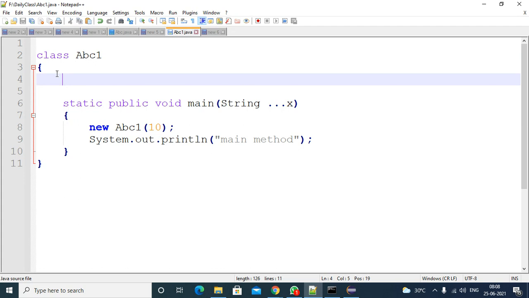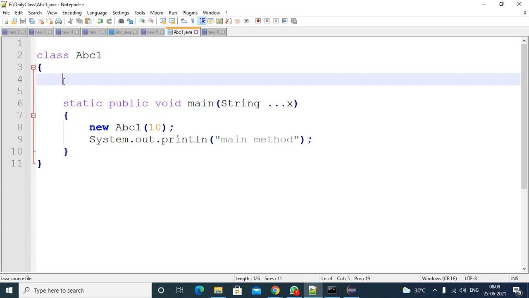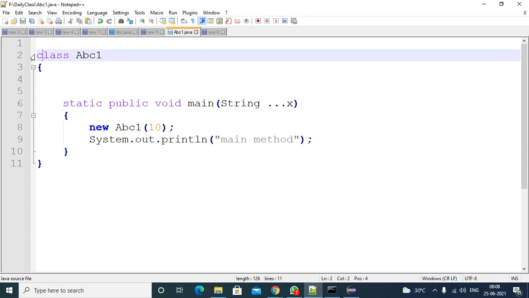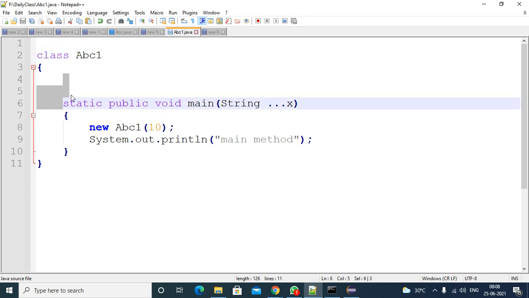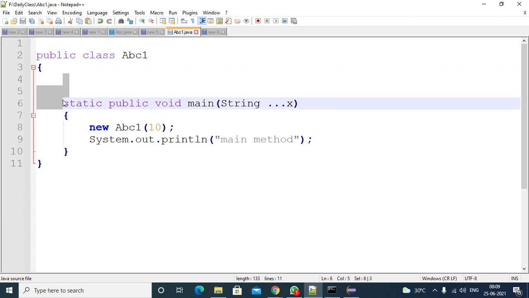If the class is public, it will generate a public constructor. If you want, you can verify. So I am adding public here. In this case, observe what kind of constructor it will generate.